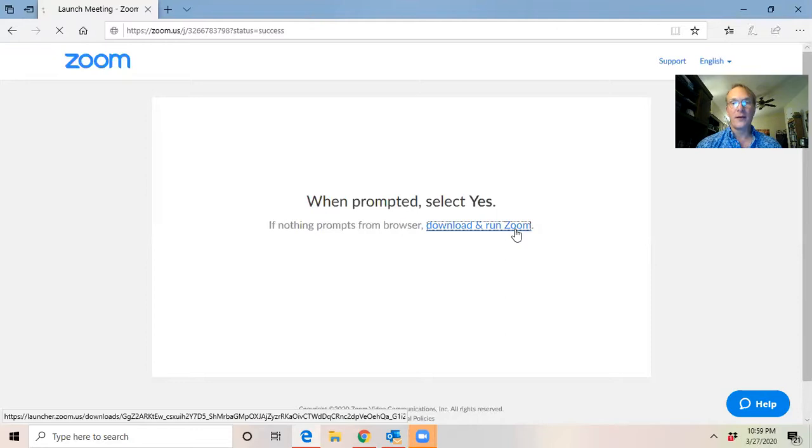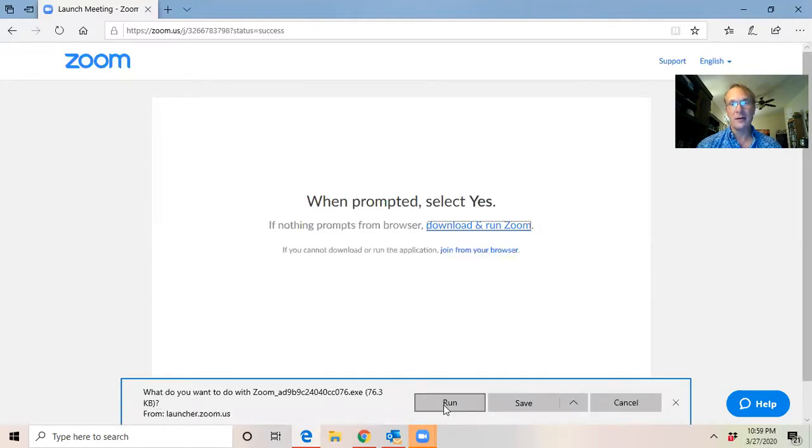It will provide you with a little prompt. You'll want to choose run. Depending on the web browser you're using, it may say run, or it may ask you a question where the answer is yes, asking if you do want to download this little program. And then as soon as you download it,